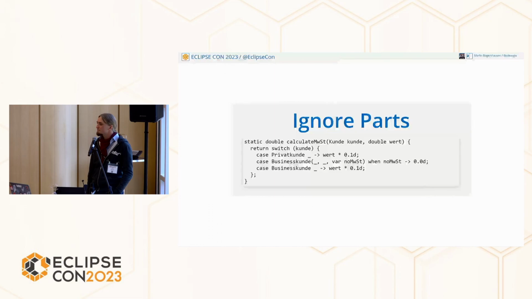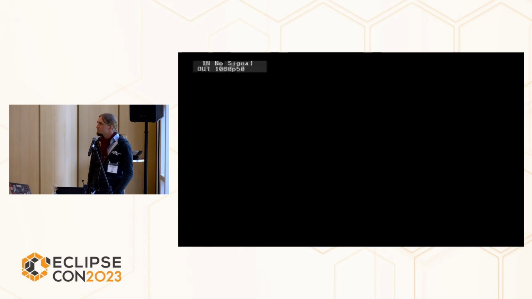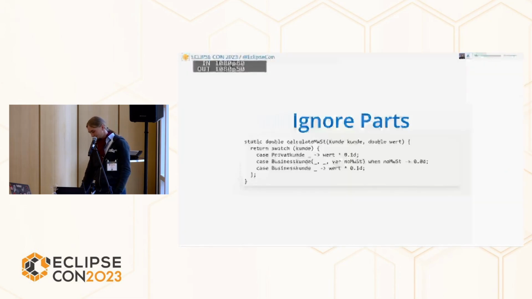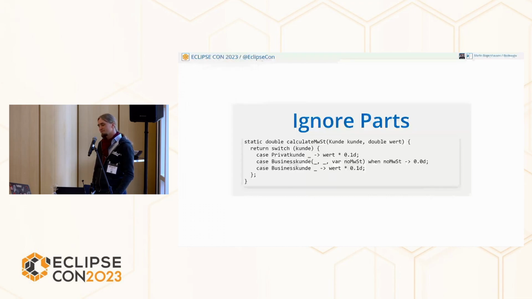And it introduces coupling between the inheritance hierarchy of Kunde and this, I won't call it service, but service. Because I need to recompile it in order to see the compiler feedback due to the exhaustiveness check of the hierarchy. So this coupling also sounds a bit fishy to me. So what is your take on this?